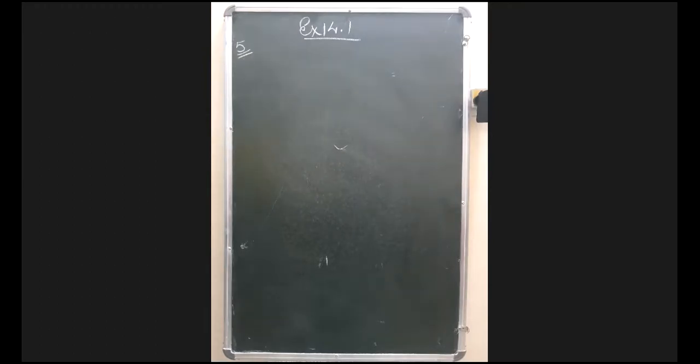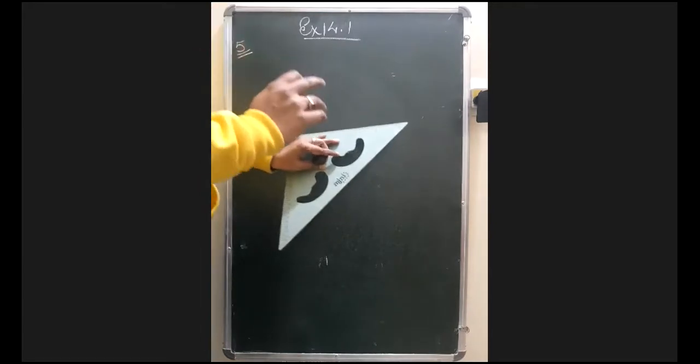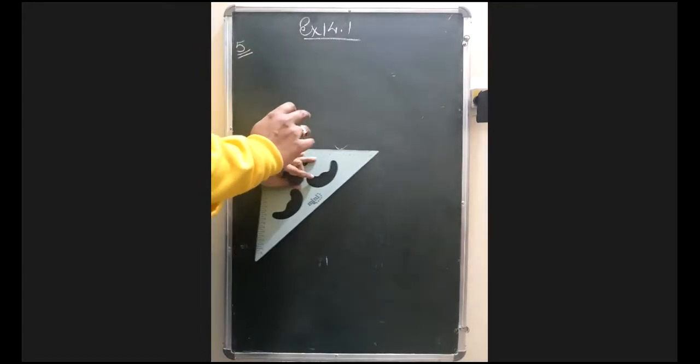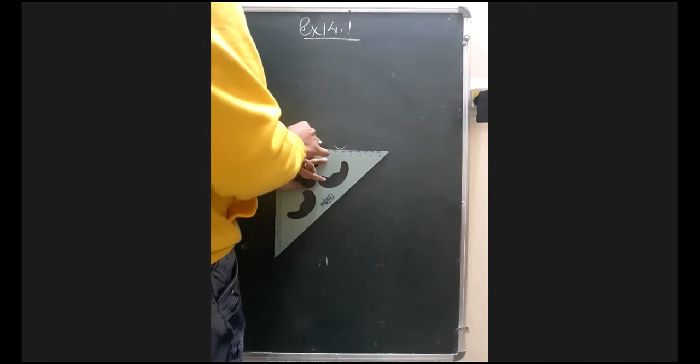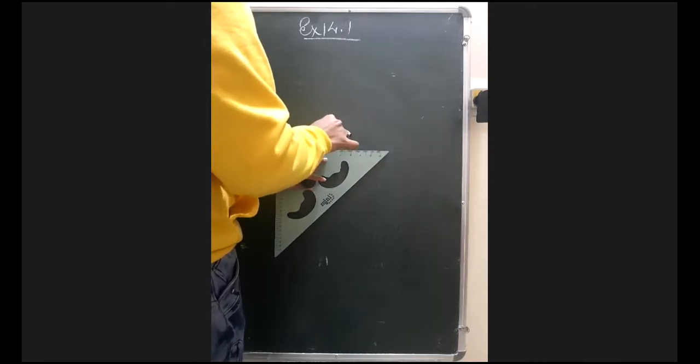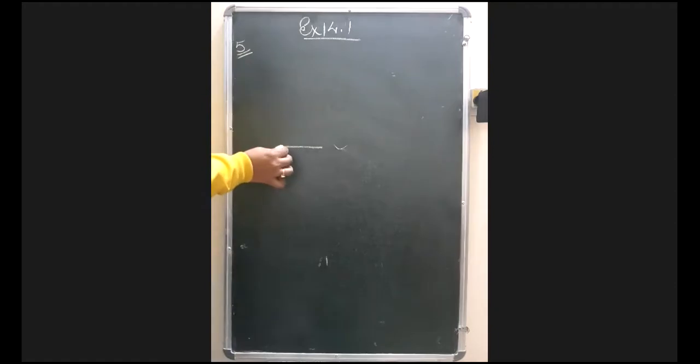In question number 5 it is telling you to draw two circles with the same radius. So what I am doing is, first of all I am drawing a 4 centimeter radius. So I have drawn a 4 centimeter radius. And I named one center A because the question was saying it should be center A. So I have taken the center A and now I'm going to draw a circle with center A. Now you can see that I have drawn a circle with radius 2 centimeter. Okay, I have drawn a circle with radius 2 centimeter here.